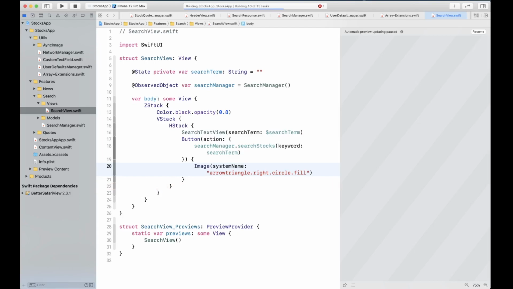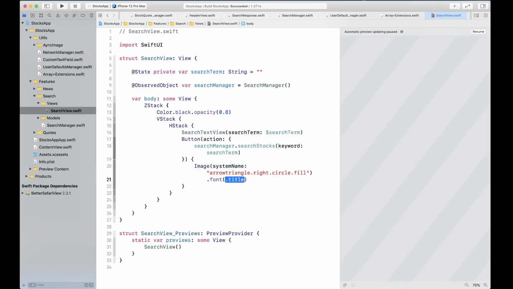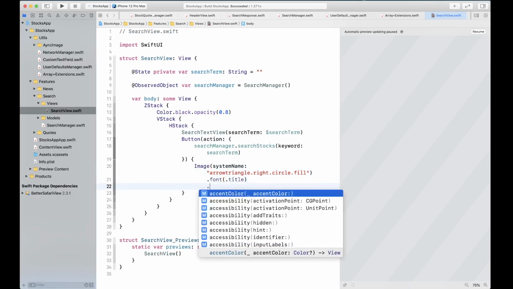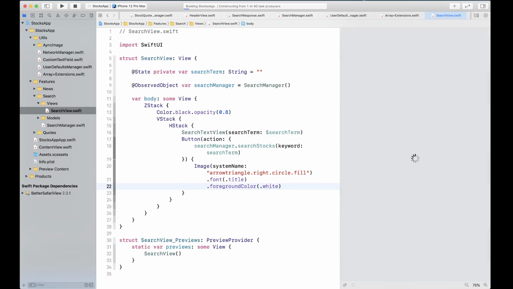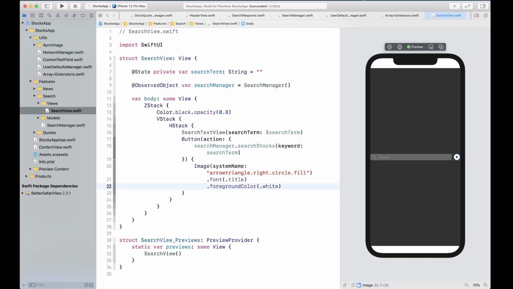Let me go ahead and build it to see. Okay, all right, so the error is gone, and the font is going to be title, and foreground color is going to be white. All right, let me start the canvas, and there we go. This is what it looks like right now.